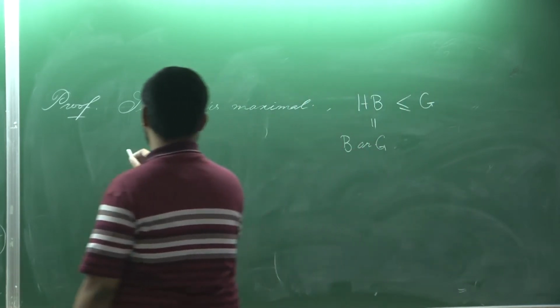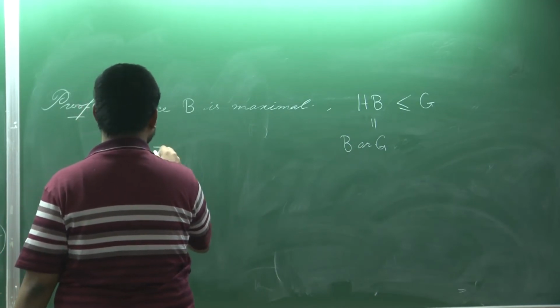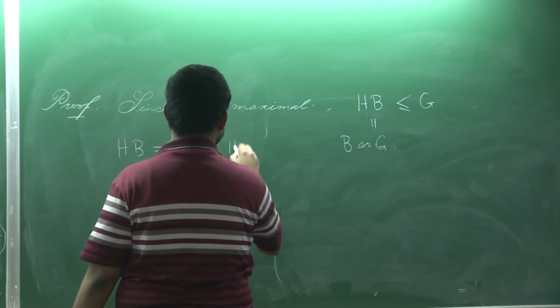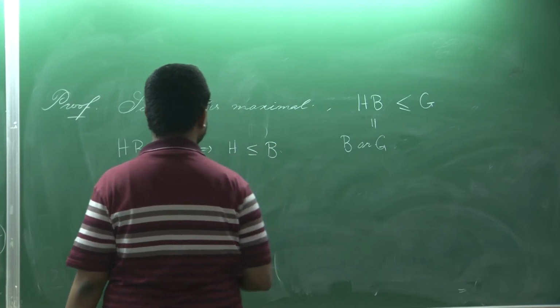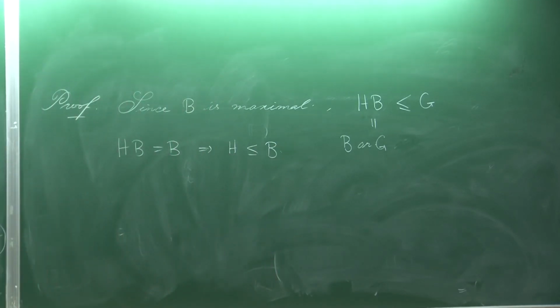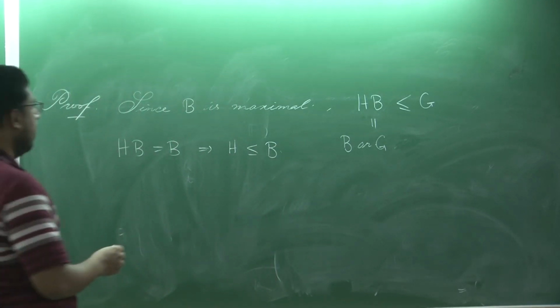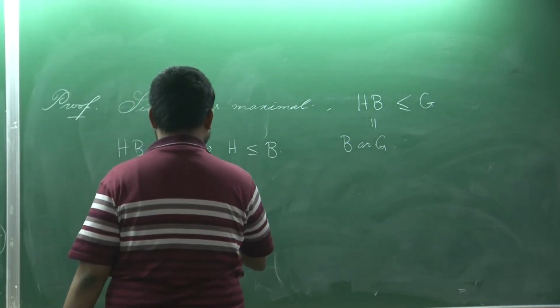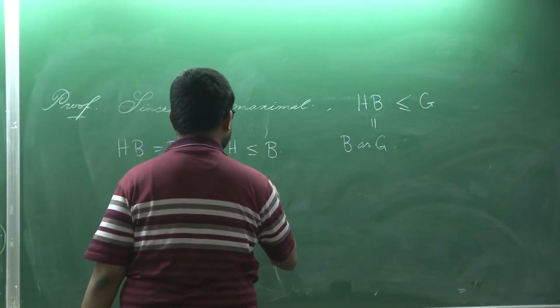So, what is the first possibility? HB is equal to B, that shows H is contained inside B. Since H is normal, therefore for every g, g inverse